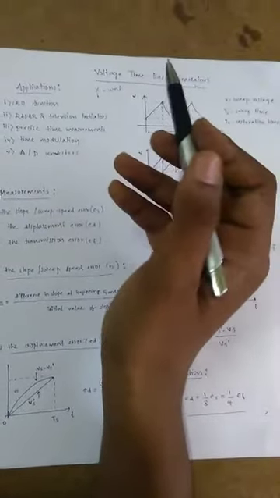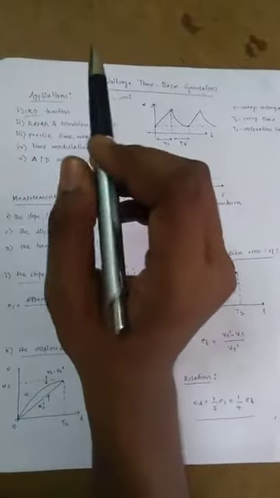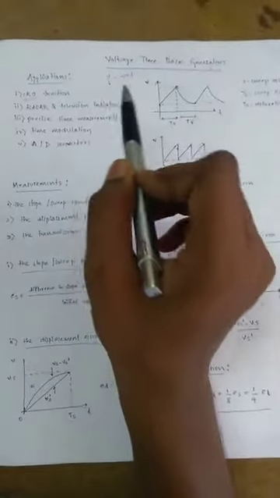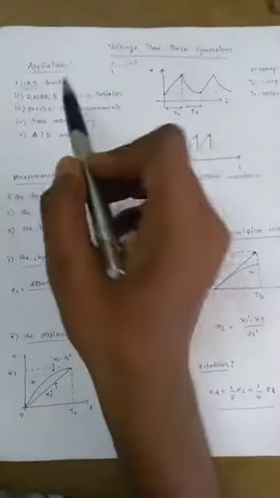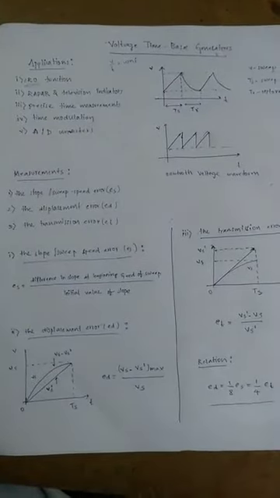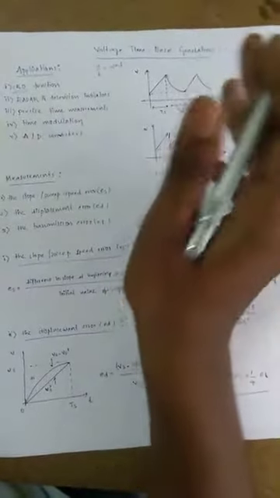When coming to applications, all of you know about the CRO, the cathode ray oscilloscope. In making the CRO, it is required to deflect the electron beam, and the beam should pass through the deflecting plates so that the output waveform on the CRO display screen is with respect to time. Any deflecting voltage should vary linearly with respect to time, then only will we get the output on the screen. So the first application is the CRO.